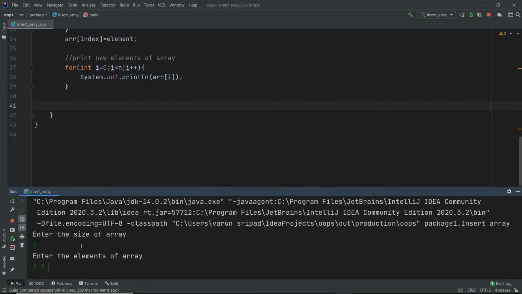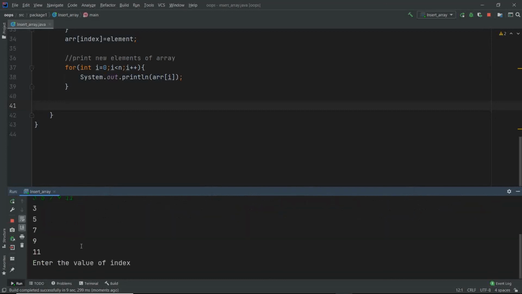So 3, 5, 7, 9, 11, the same thing which I've explained before. It has printed all the values, and it is asking enter the value of index. It is 2 here, and enter the value of element, 100. Now you see 3, 5, 100, 7 and 9.